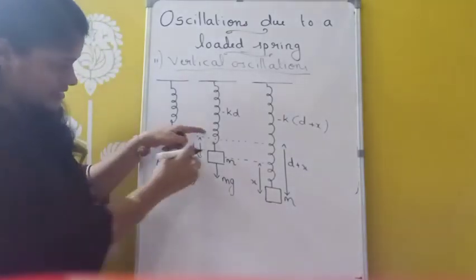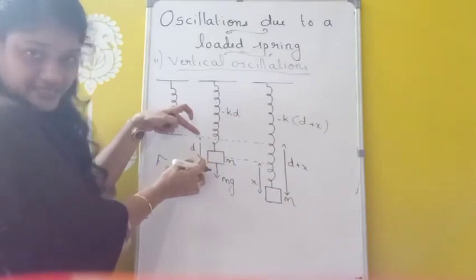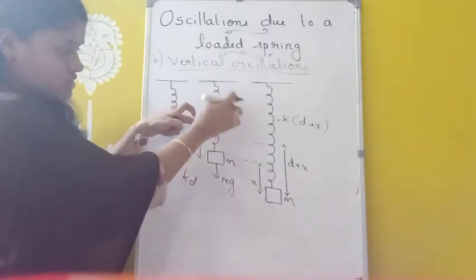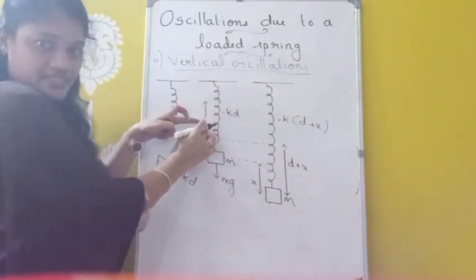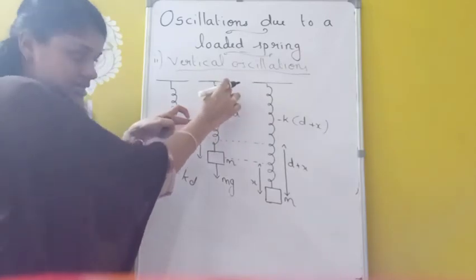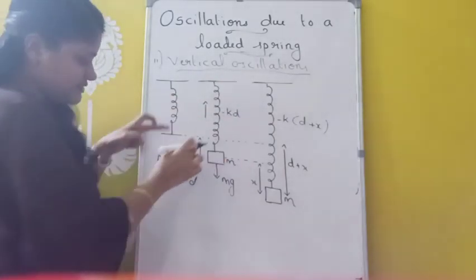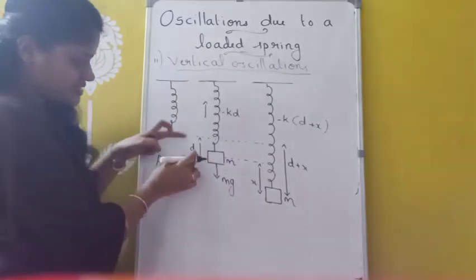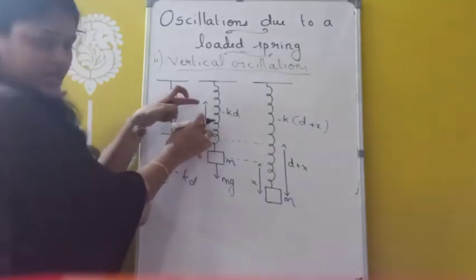Okay. So due to this weight, what will happen? This spring will be stretched through a distance D from the original position. So at that time, a restoring force will develop inside the spring in upward direction. This restoring force is acting in which direction? Upward direction, which tries to bring the spring back to its original position. And that is given by, what is the formula? Minus k into, what is extension? So what is extension here? D. So minus k into D is the restoring force acting in which one?